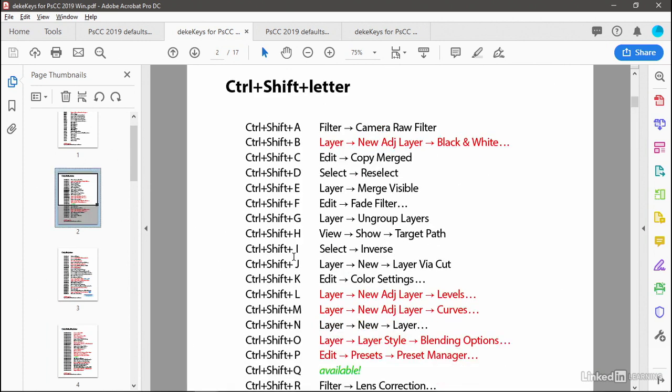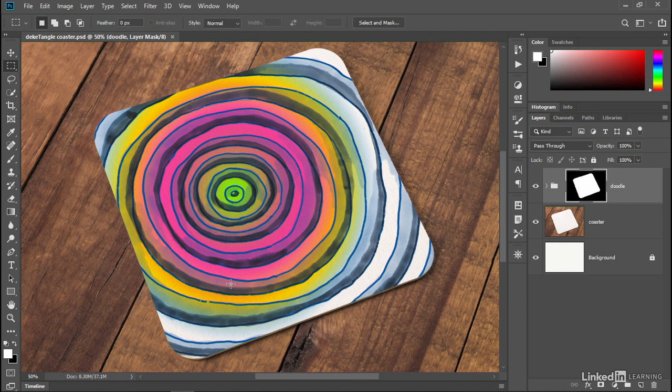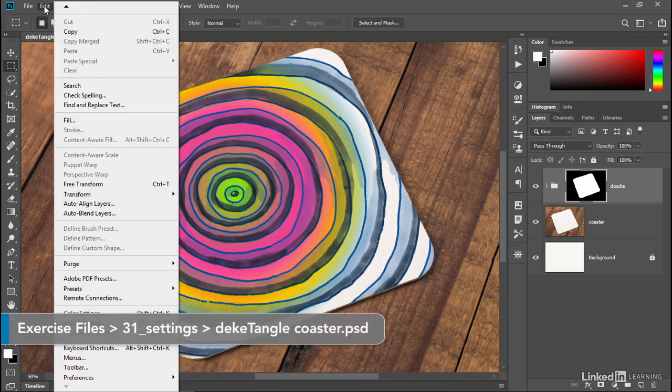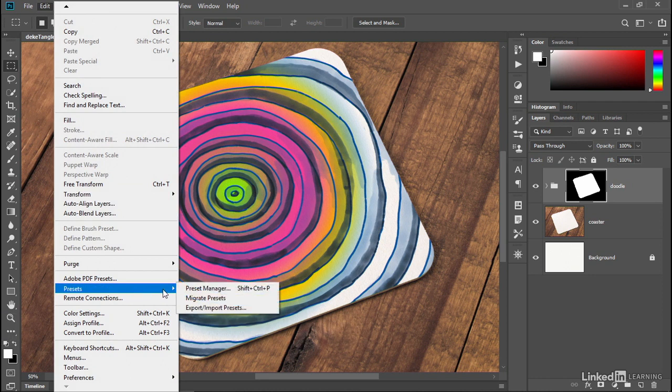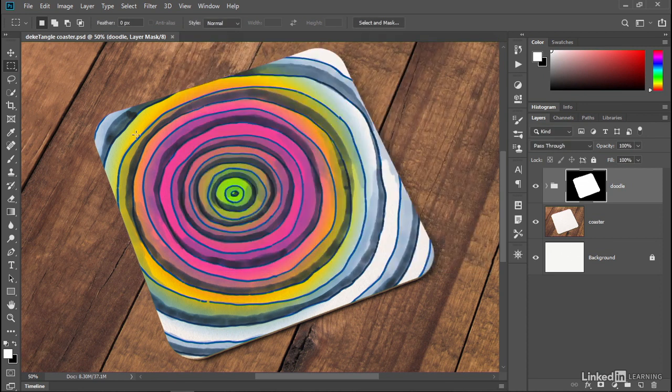All right, next, if we switch back to Control-Shift or Command-Shift letter, we've got O for the Blending Options. So that's going to bring up the big Layer Style dialog box. P, I've now assigned to the Preset Manager. And if I bring up Photoshop, I'll show you what that looks like. If I were to go up to the Edit menu and then drop down to this guy right here, Presets, and then choose Preset Manager, that's the command we're talking about. So much easier to get to it by pressing Control-Shift-P or Command-Shift-P on the Mac. And that way you can organize your custom brushes, your gradients, your patterns, and so forth. So this is a command that I'm perpetually using in order to clean up garbage and move things around and so forth. All right, so I'll just go ahead and click Done in order to exit this dialog box